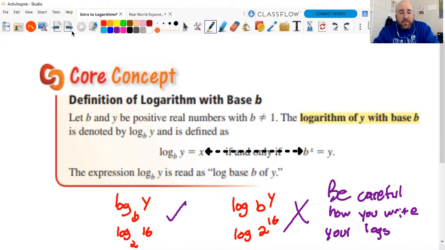All right, so obviously I clipped this from the textbook. I used the snipping tool to snip it out of the PDF. Definition of a logarithm: let b and y be positive real numbers with b not equal to 1. I'll briefly talk about y on the next slide. The logarithm of y with base b is denoted by log base b of y and is defined as log base b of y equals x, if and only if